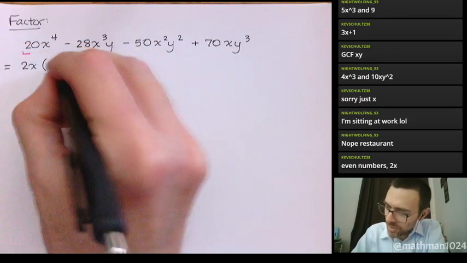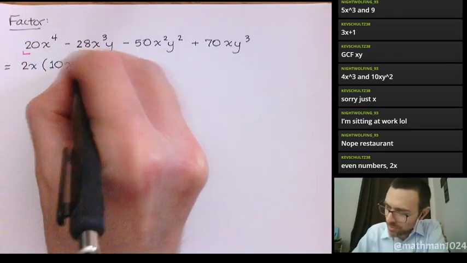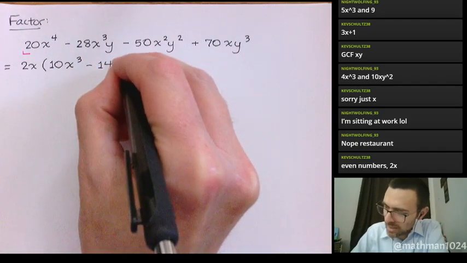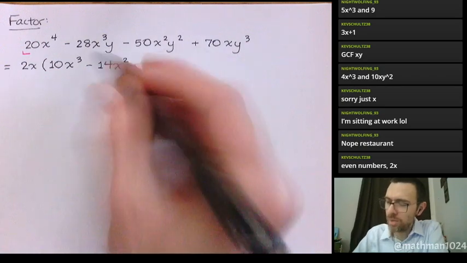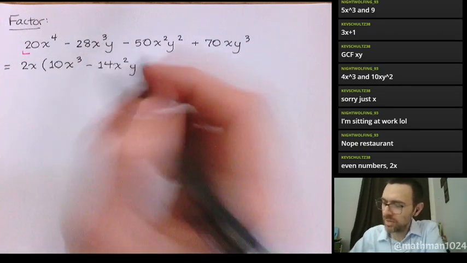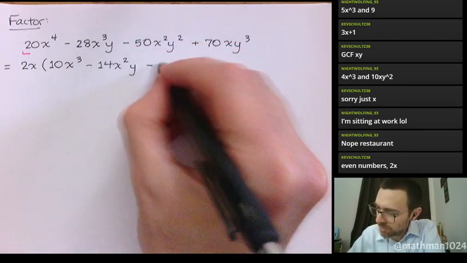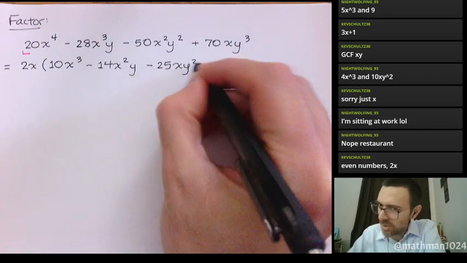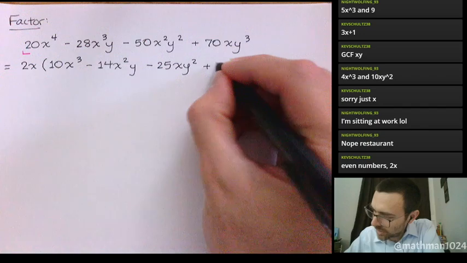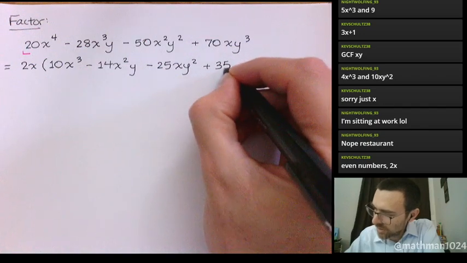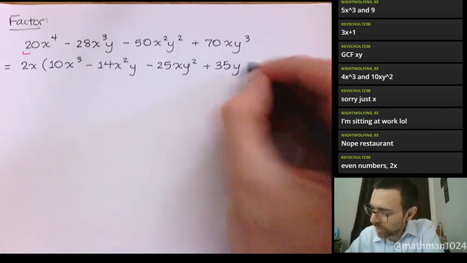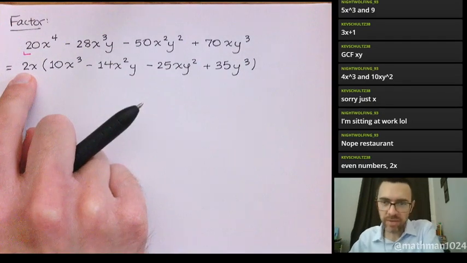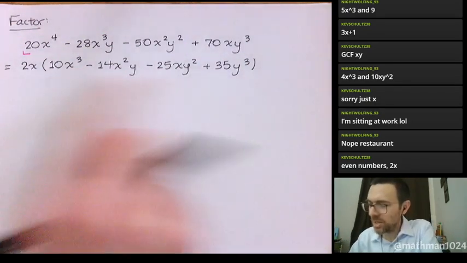So take out the 2x, so you get 10x to the third minus 14x squared y, because 28 divided by 2, and then you take off an x. 50 divided by 2, so that's minus 25xy squared, and then plus 35y to the third. So this is my GCF, and now I'm going to take care of this stuff by doing